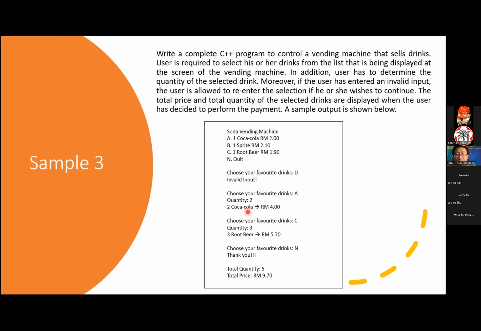So you'll display 2 Coca-Cola, and the price for the 2 Coca-Cola is 4 ringgit, because 1 Coca-Cola is 2 ringgit. So the user purchased the quantity 2, and for 2 Coca-Cola, the price is 4 ringgit. Then after that, you continue to ask the user again, choose your favorite